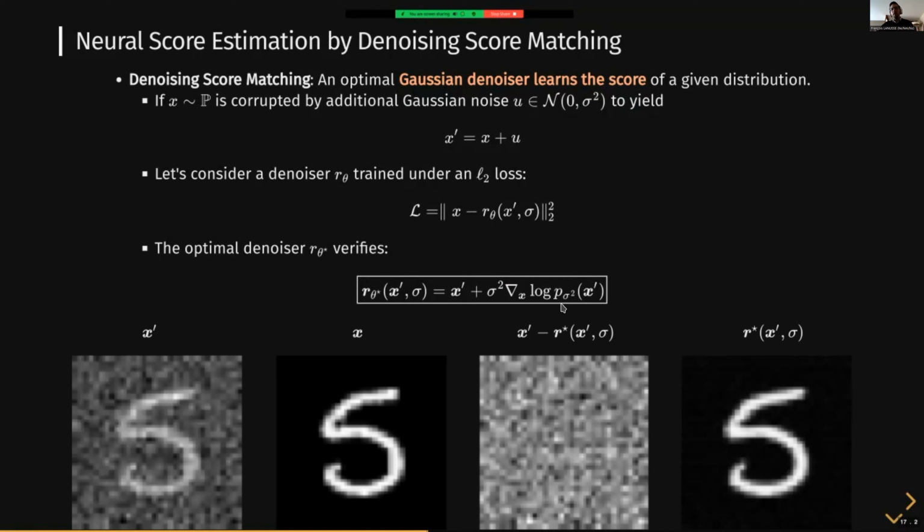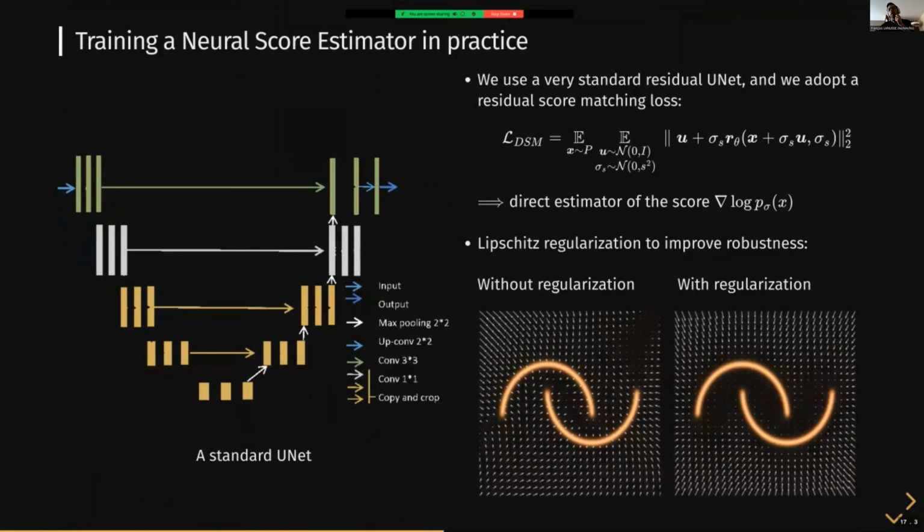So in practice here, what it would look like, this is an example of an image. I add noise to it, and then I train my network to denoise that image. And this thing that I see here, where I take the noisy image minus the output of my network, will be proportional to the score that I'm trying to learn. So the magical thing about this is that it is extremely easy to train a network to do this. And it's also the method that reaches the state of the art in nowadays applications.